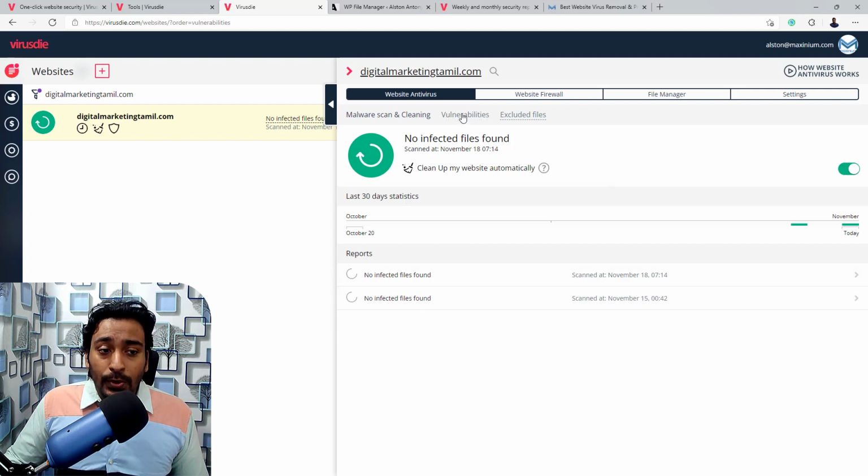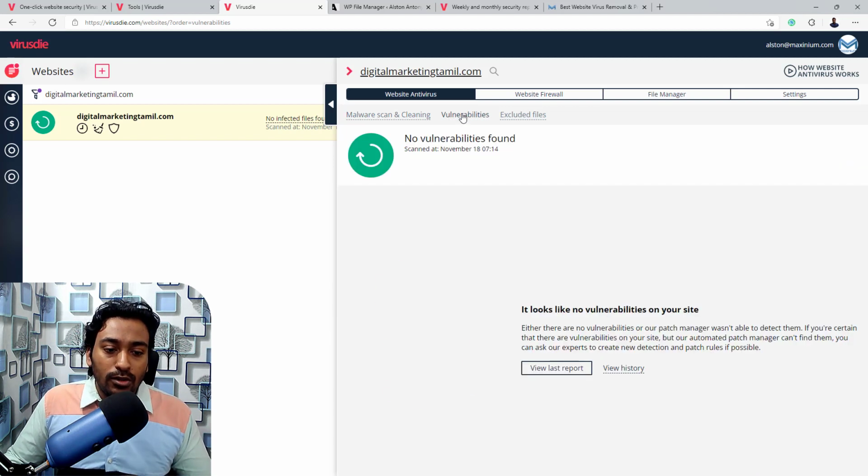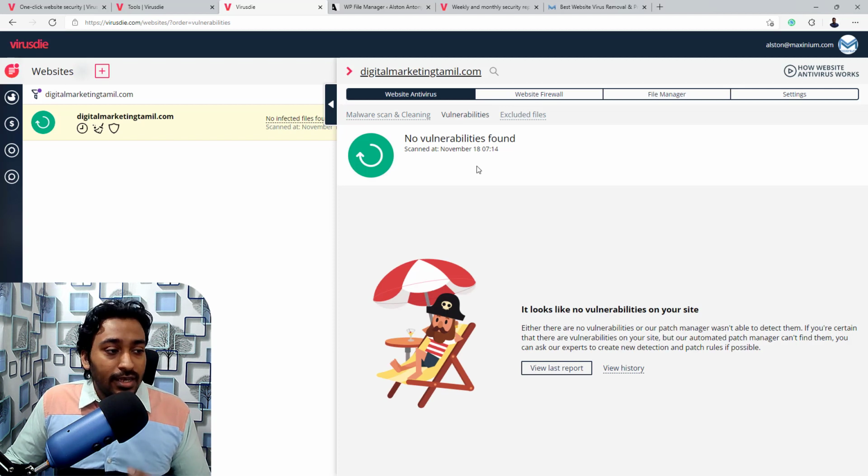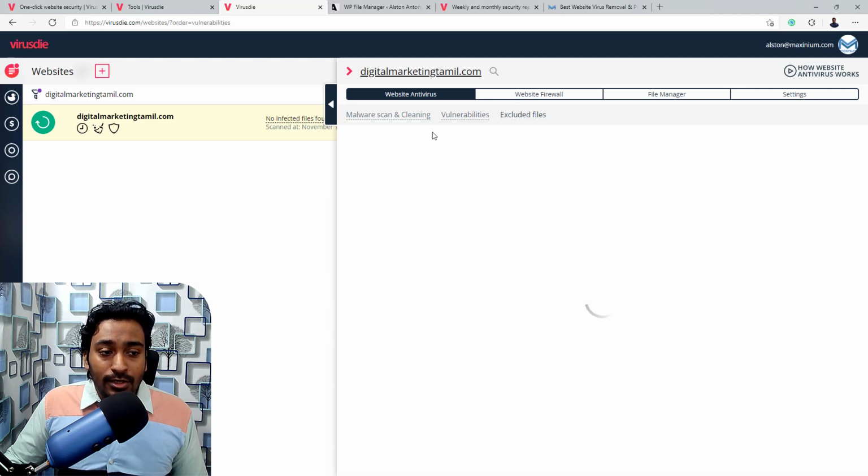And when I go into vulnerabilities, it shows all the data related to vulnerabilities. Is there any vulnerability it found for my particular website when it was last scanned, the last report, as well as the history of the vulnerability scans.